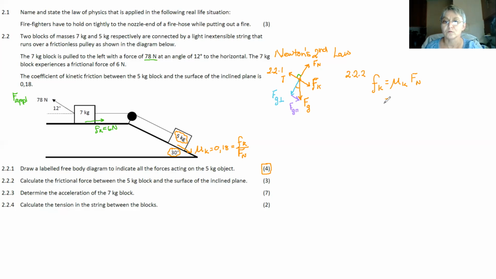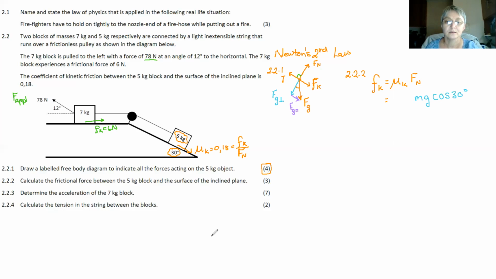Now, this normal force would be equal to the component of the weight that is perpendicular to the plane. So the gravitational force would be mg, and the Fg perpendicular would be the cos component of 30 degrees. So that would be the normal force,